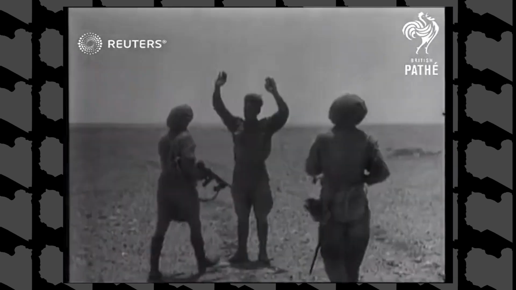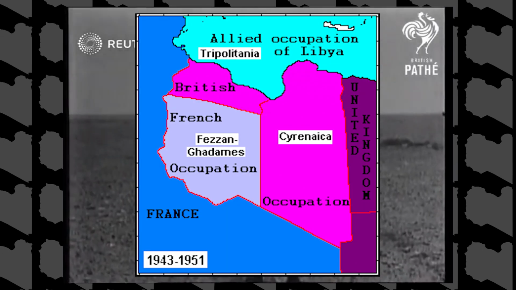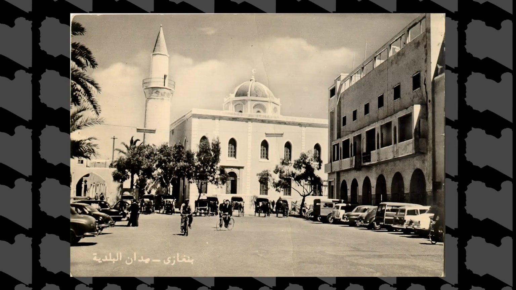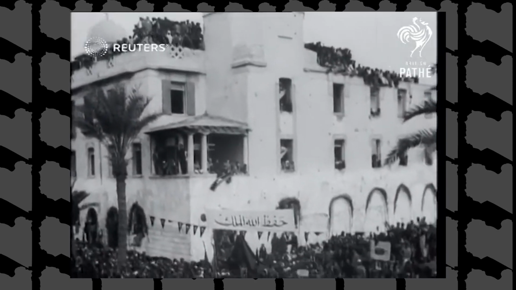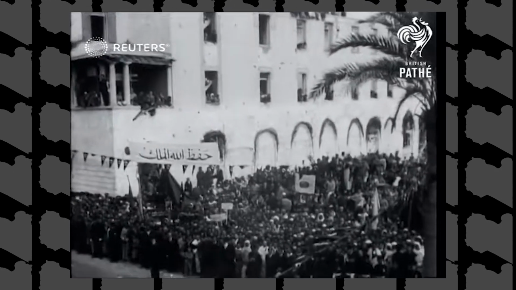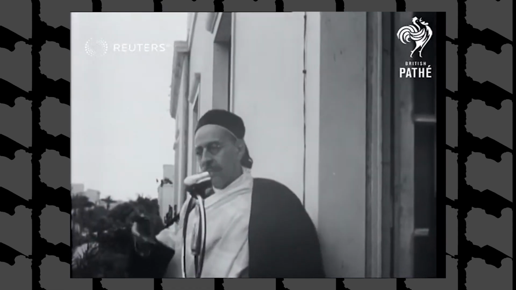After Italy lost the war, they had to give up Libya to the Allies. Then, in 1951, Tripolitania, Cyrenaica, and Fezzan were united once again under the rule of King Idris I. Libyans showed staunch resistance to colonial rule throughout the war and during the period of military occupation. Libyans wanted independence, and someone needed to step up.